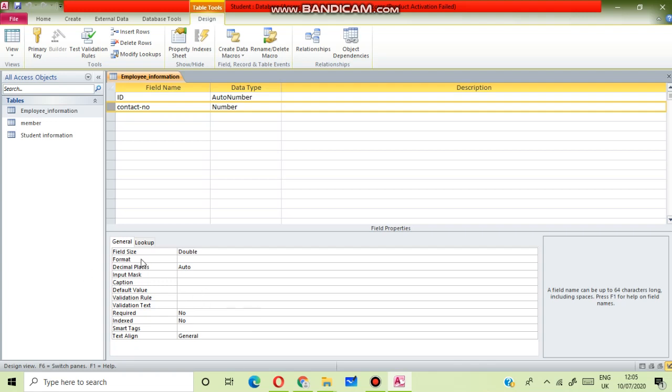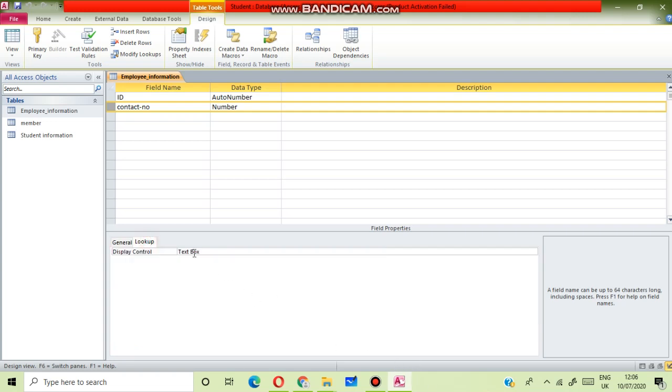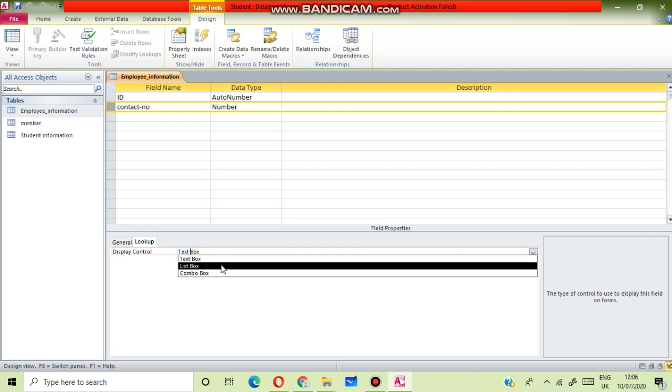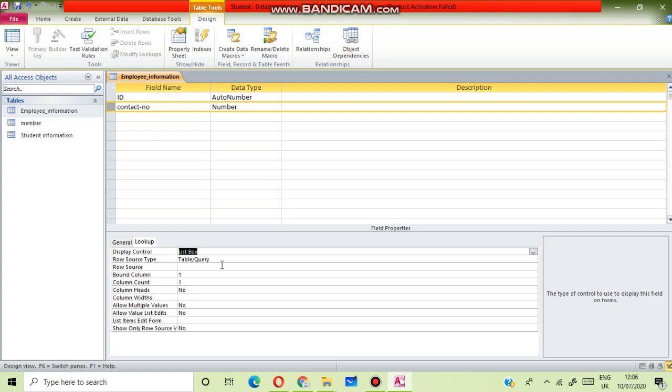Next, General tab. It contains all the properties of the field in which you are working. Next, Lookup tab. It is primarily for setting up a lookup list. Okay. This is the Lookup tab. Here you can take a list box.